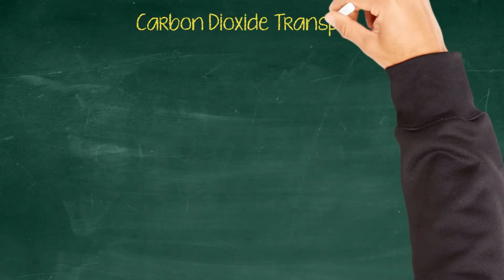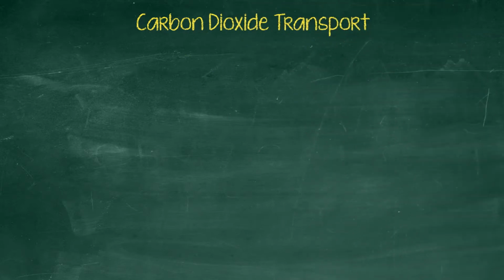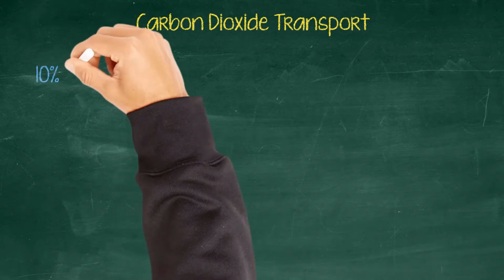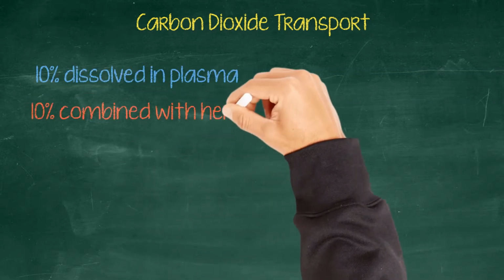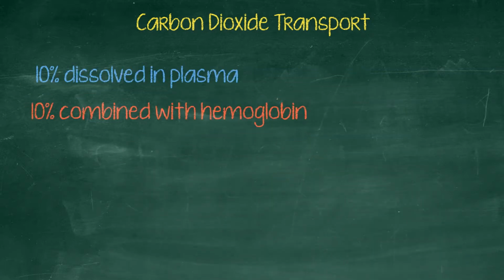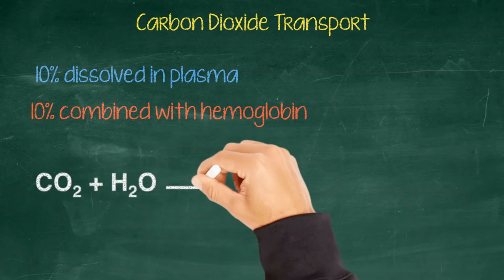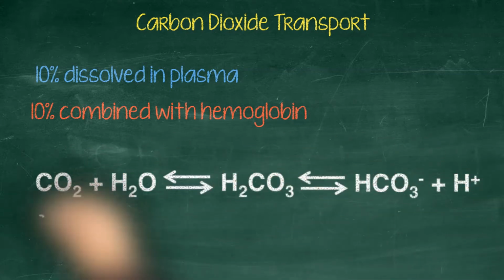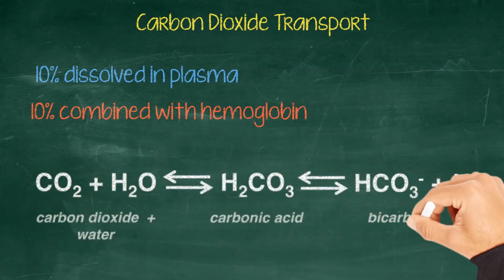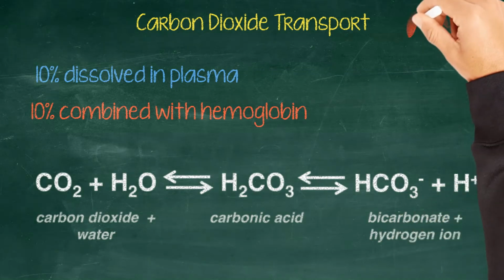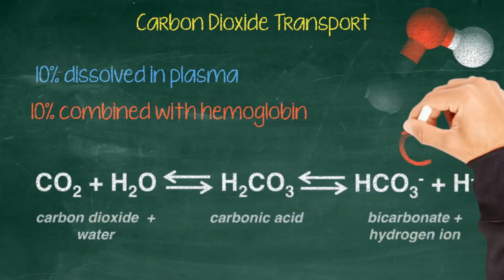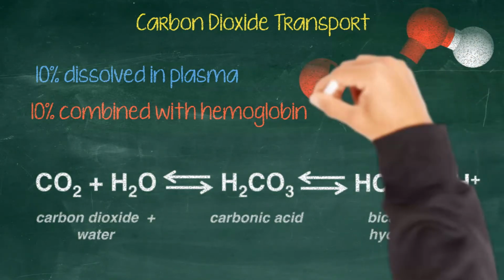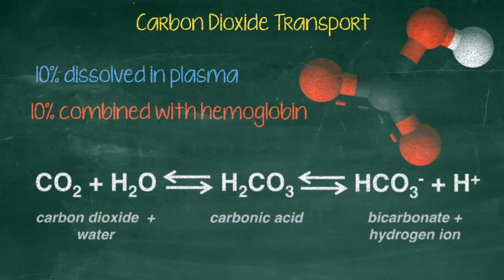Waste CO2 diffuses from the cells into the bloodstream, and a small amount, about 10%, remains in solution in the plasma and extracellular fluid matrix. Another 10% combines with the hemoglobin, but most of the waste CO2 that enters the bloodstream combines with water to form carbonic acid. But don't worry, the carbonic acid is almost immediately dissociated into the bicarbonate anion and a proton. Most of the CO2 created as the waste byproduct of cellular metabolism is transported in the bloodstream in the form